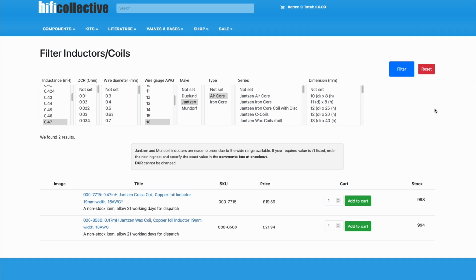Also, something that comes up in the site, which we have a box showing here, and it reads, Jantzen and Mundorf inductors are made to order due to the wide range of values available. If you require values that aren't listed, you have to choose the next highest, and then you write in the comments box when you order. So say if I want